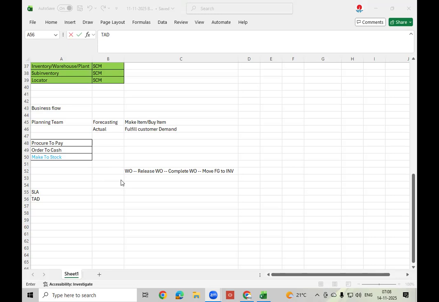There also will be some accounting entries. Finished good transfer from plant to inventory, we'll have some accounting entries, resource allocation. So many activities.